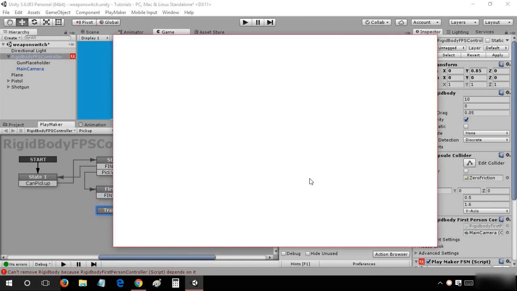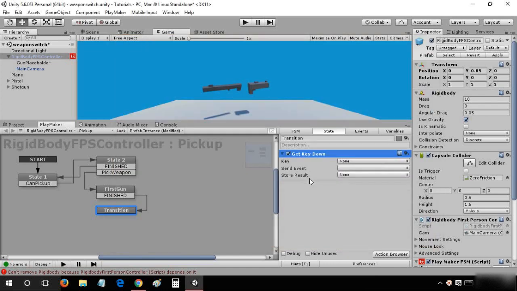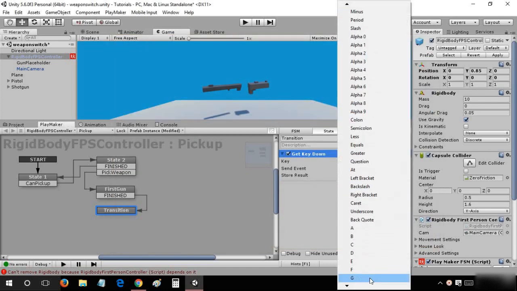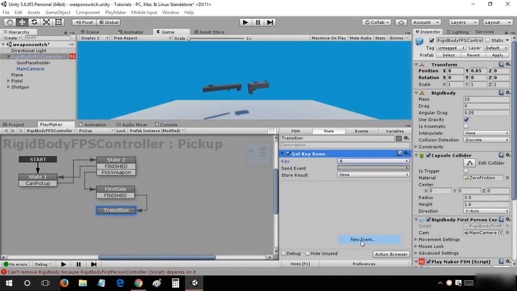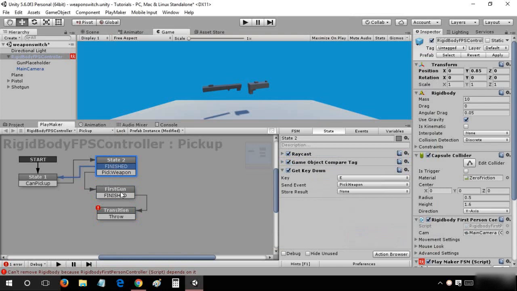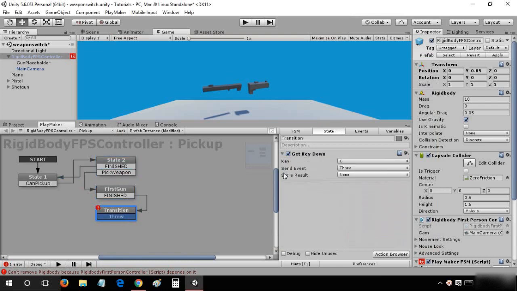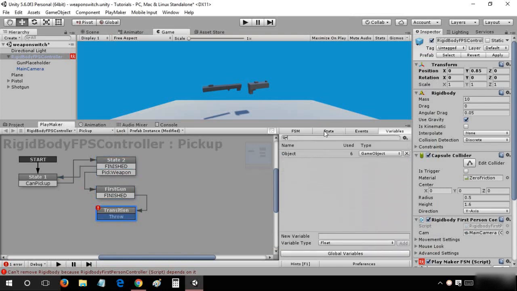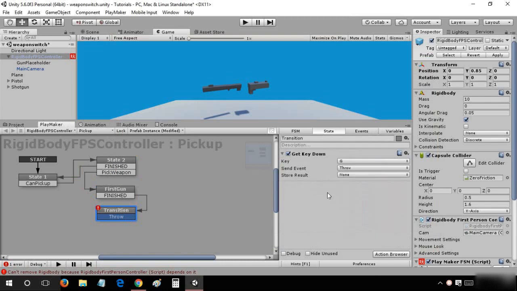So this will be key down, and I'll use the G key for throwing, and we stored that in a variable called object, so that will be my first gun. So if I wanted to throw that,